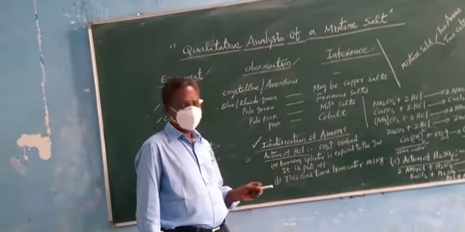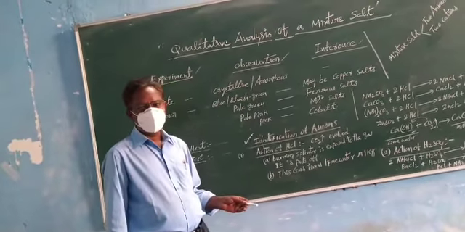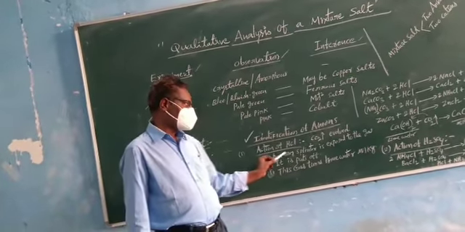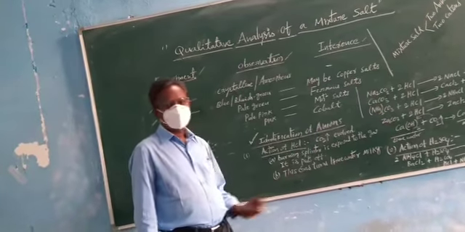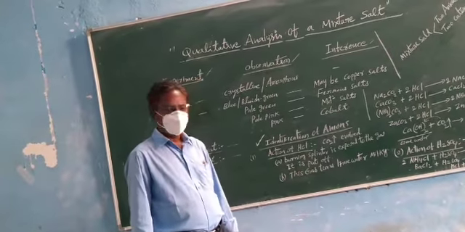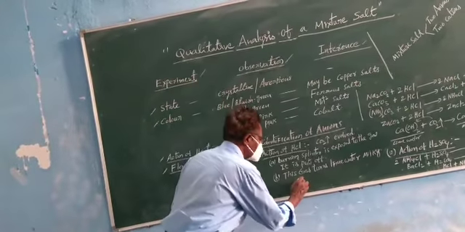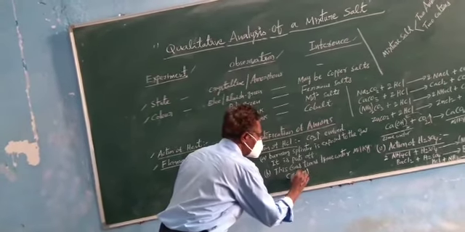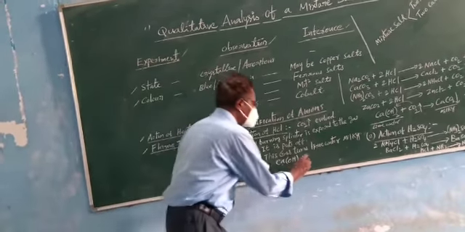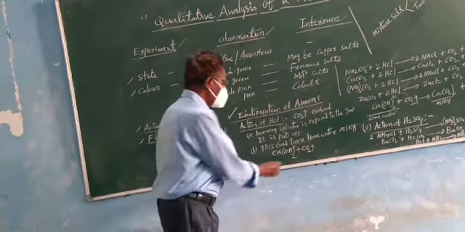While adding dilute HCl to the carbonate salts, immediately a colorless gas with brisk effervescence is evolved. When a burning splinter is exposed to this gas, it is put off. Similarly, this gas turns lime water milky. Lime water means calcium hydroxide, Ca(OH)2. In this lime water we have to send the CO2 gas.